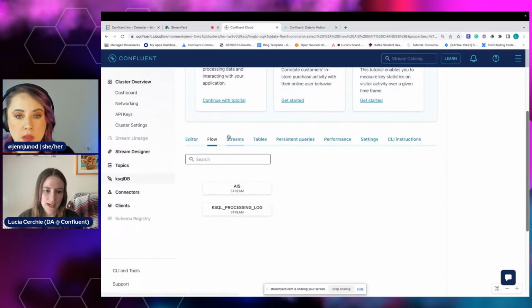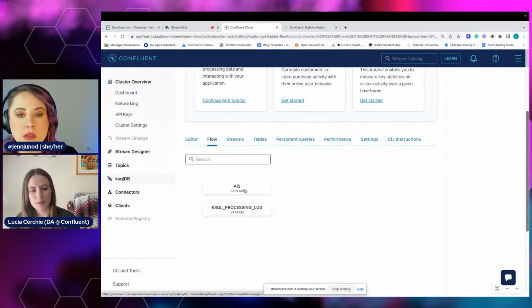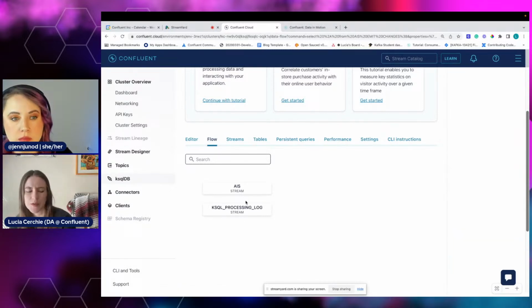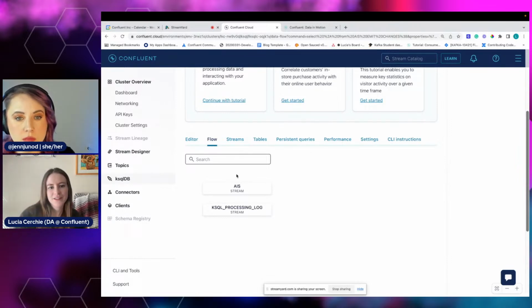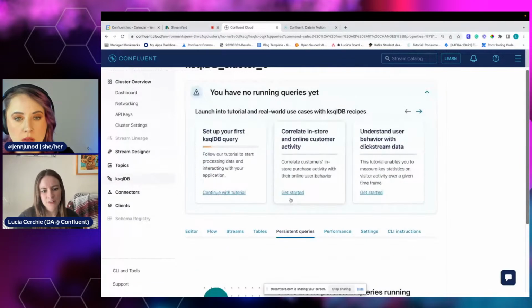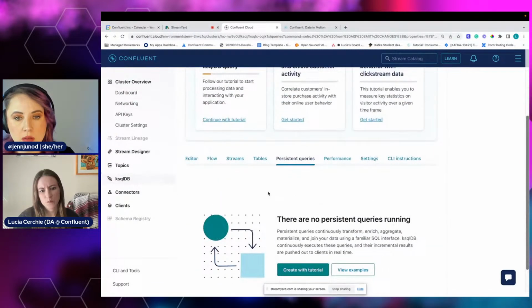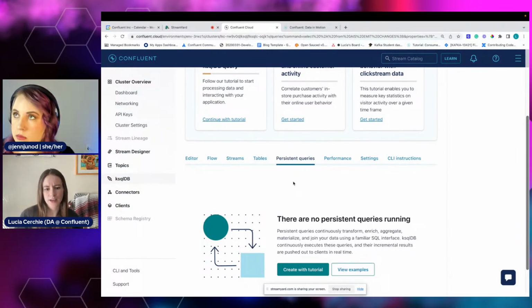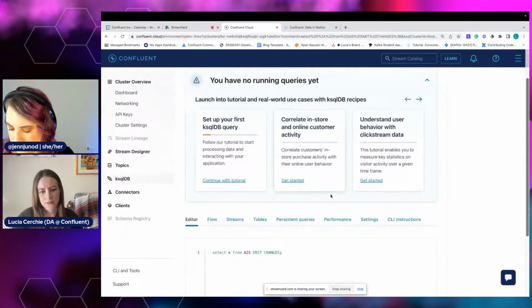There's no connection between these two right now, but when I create a filtered one, we'll see an arrow and a new one. And under persistent queries, if you have a query that is continuously transforming data, it would show up there.